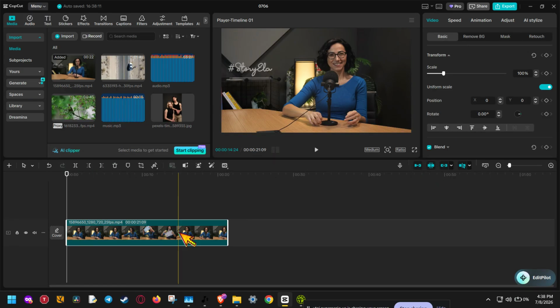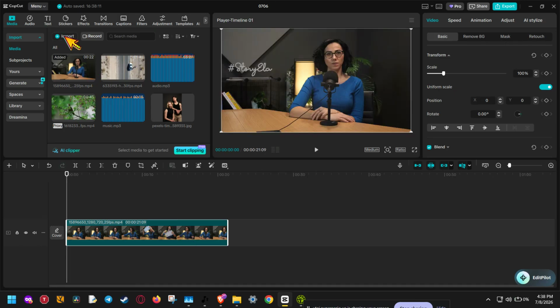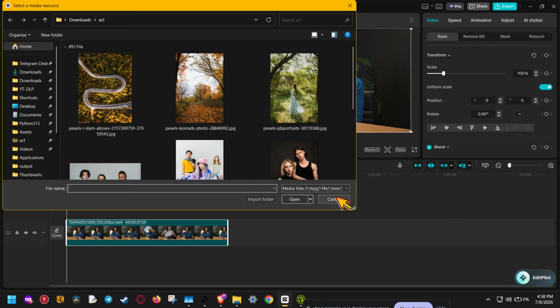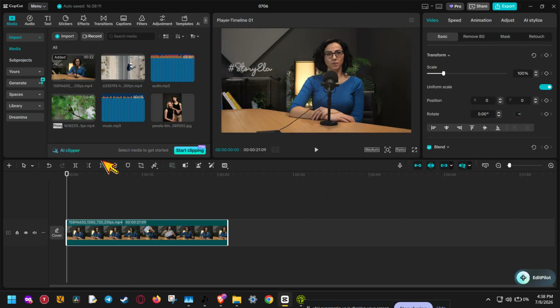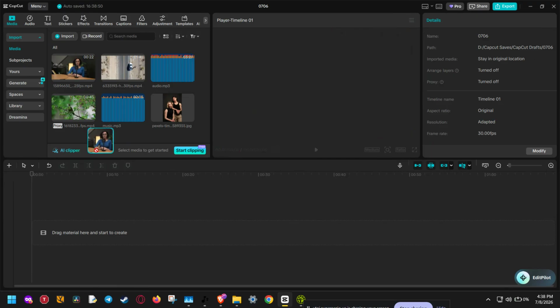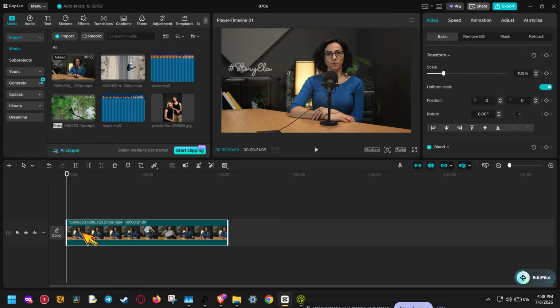Alright, let's jump in. First, open CapCut and bring in the video you want to edit. To do that, import your footage into the media library by dragging the video file directly into CapCut. Once it appears in your media panel, drag and drop it onto the timeline. This is where all of your editing will happen, so make sure the clip is placed correctly and ready to